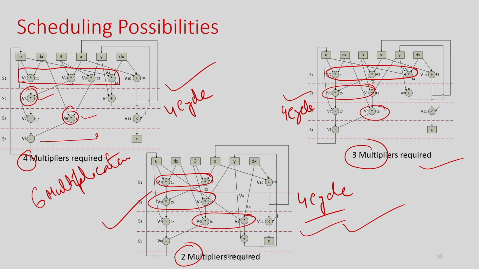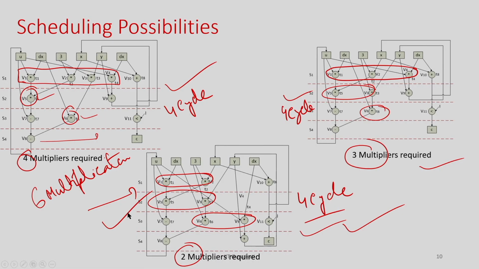So the point here is that in scheduling, given a time constraint, say 4, there are many solutions. You have to develop an algorithm that is able to identify the better solution. So for your scheduling problem, it is not only about identifying a valid solution, but an optimal solution, or a good solution. That is something that is going to happen during scheduling.